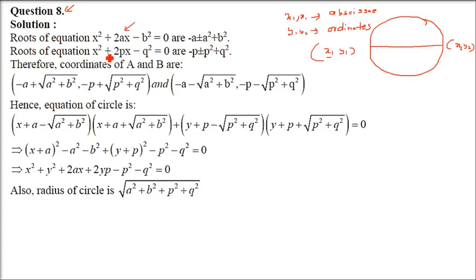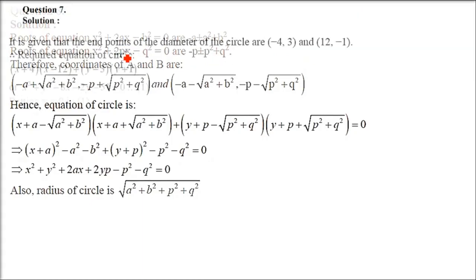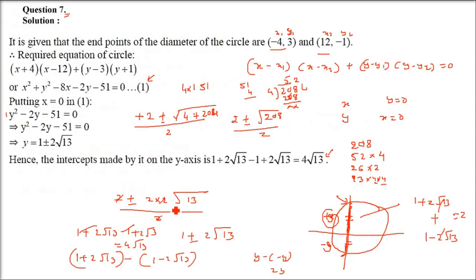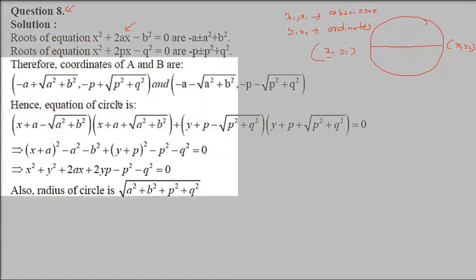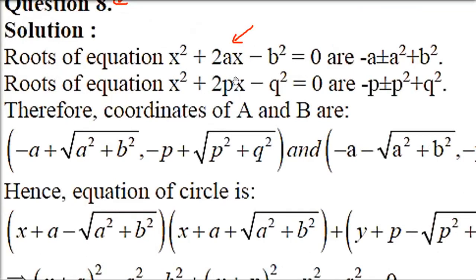So what are the roots of this equation? When we solve this, two roots will come. So this will be y1, y2. So the solution of the first equation will give you x1, x2. The solution of the second equation will give you y1, y2. We have just done a question like this. I hope you will be able to use this Sridharacharya formula and find out the roots x1, x2 and y1, y2. Now, minus b plus minus under root b square minus 4ac by 2a you have to use. You will get these proper two values.